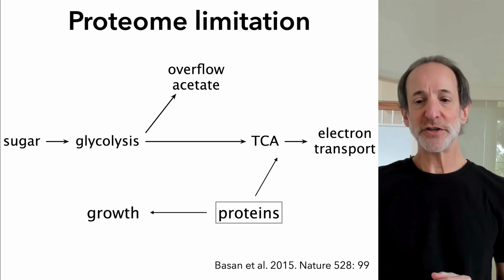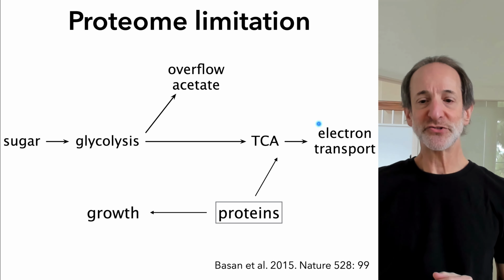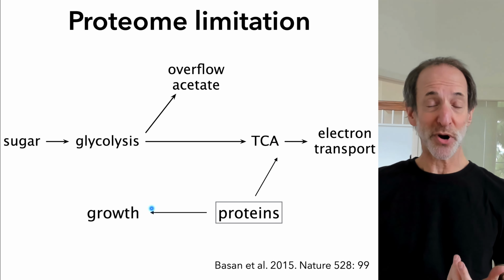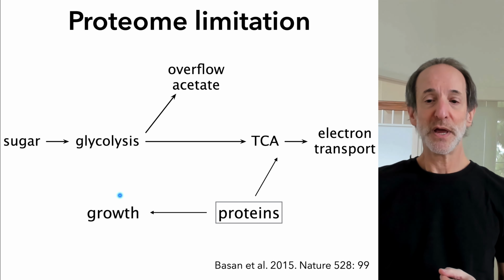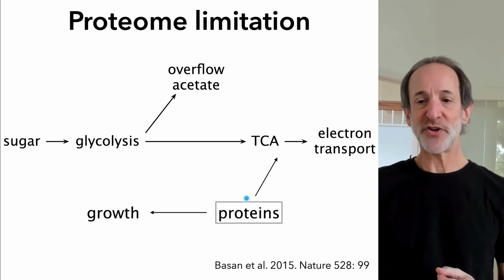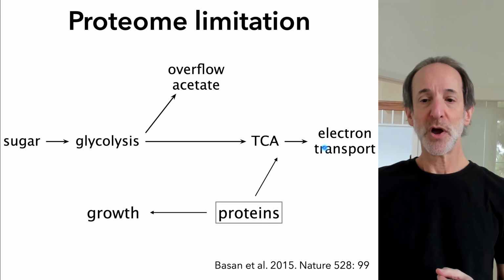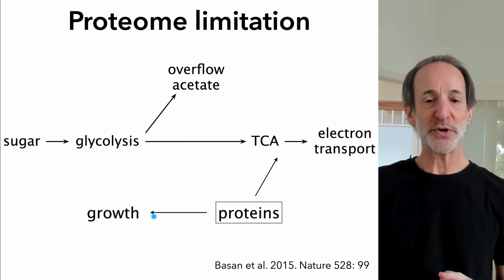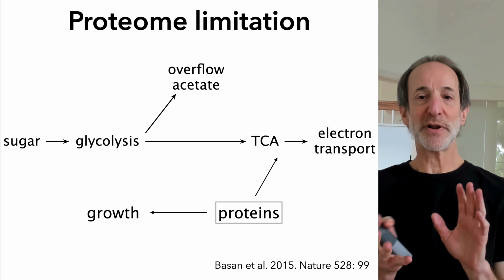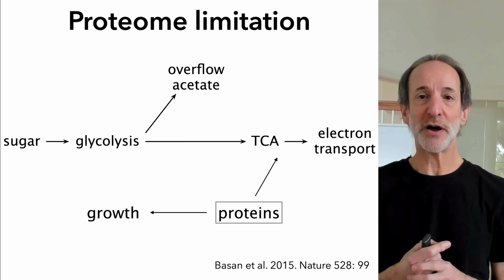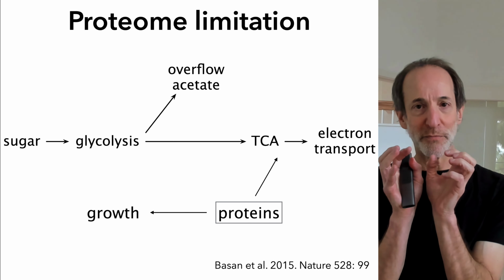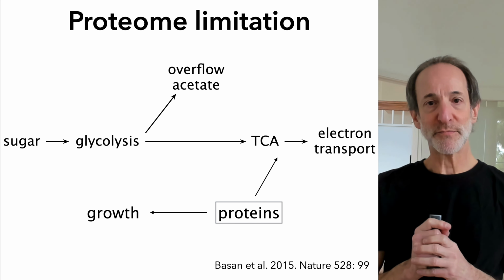But proteins that are used for this component of core metabolism are not available for anabolic processes for growth. And so the proteins form a constraint that causes a trade-off between allocating more proteins for efficient metabolism or allocating more proteins to increase growth rate. And so the fundamental growth rate versus yield trade-off comes from a fundamental biophysical limit on the amount of proteins